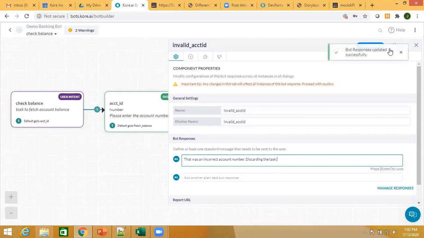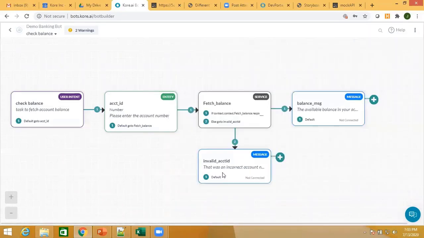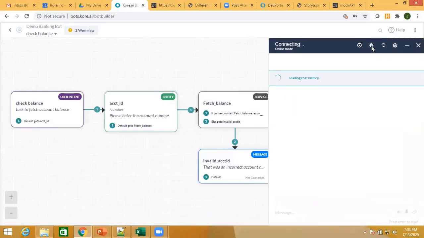So something like this. If you want to define the flow so that after this it asks, do you want to enter a new account ID, you can do that through a confirmation node. If the user says yes, then refresh this particular entity. That is, remove the instance of this entity through that particular script: delete followed by the name of the entity, and connect it back over here, so that the user can enter a new account number. And if the user says no, I don't want to proceed with a new number, then you can just display a message, okay, tell me what else I can do for you. So you can define alternate flows like that. Right now I've just given an invalid message over here.